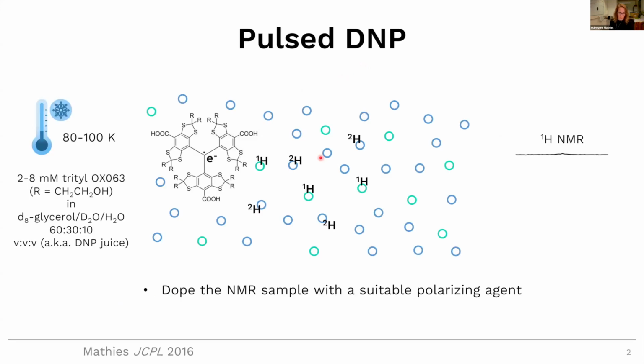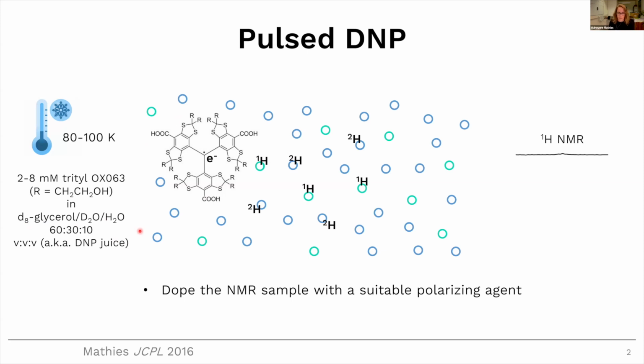So in post-dynamic nuclear polarization, just like in many other forms of DNP, you start by doping your NMR sample with a suitable polarizing agent. And in our case, or a test system that has become quite our favorite, the polarizing agent is the organic radical trityl. And we typically dope it into a frozen mixture of glycerol and water that's partially deuterated and also